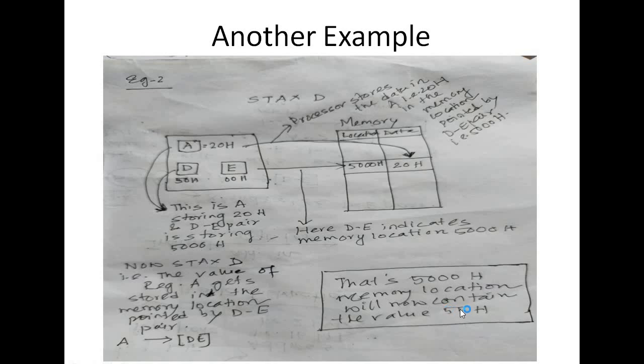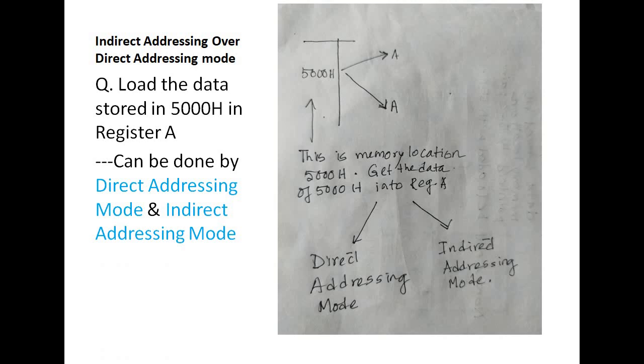That is, 20H will now get stored in memory location 5000H. Not 55H, I had written it wrong. It will now contain 20H. Whatever data is there in the accumulator will now get stored in memory location 5000H. That is, the 5000H memory location will now contain 20H. Okay, I think LDAX and STAX are clear.